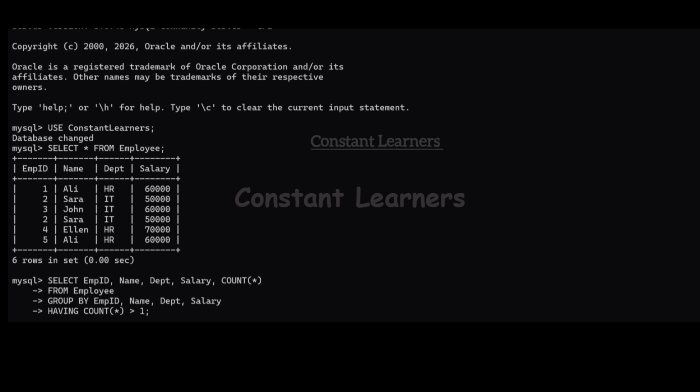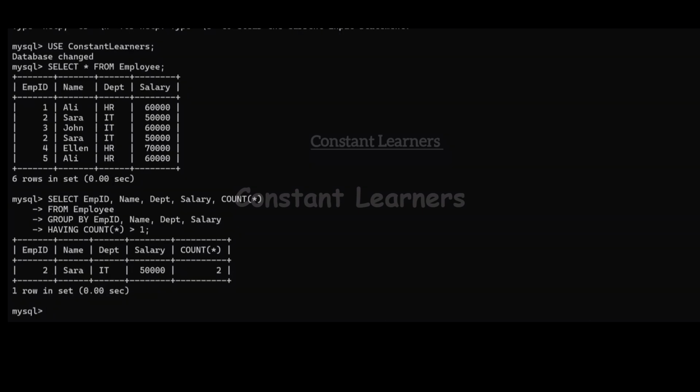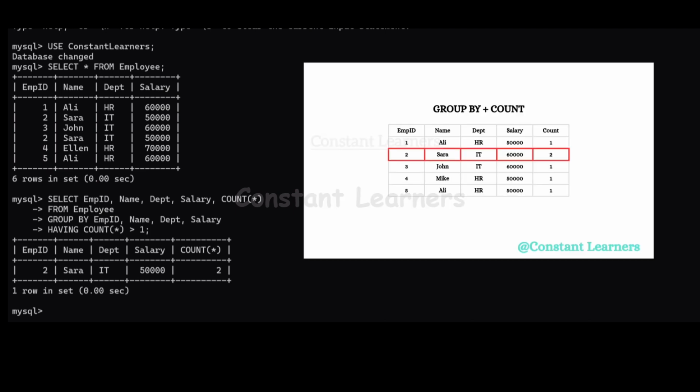See, this is our output. So we have Sarah in the output. The entire row is in the output because in the first statement we have used the entire row. So count is written in the select clause so that we can see how many times a record appears in a table. It does not detect duplicates, but it is just displaying the frequency of how many times a row is appearing in the table.